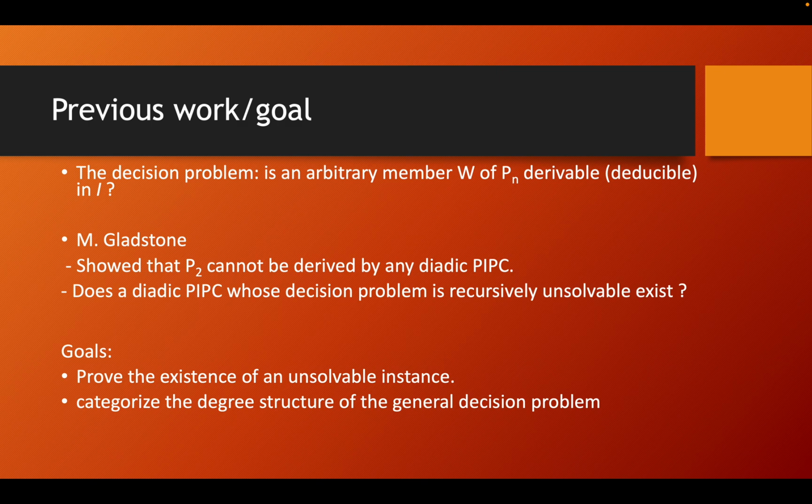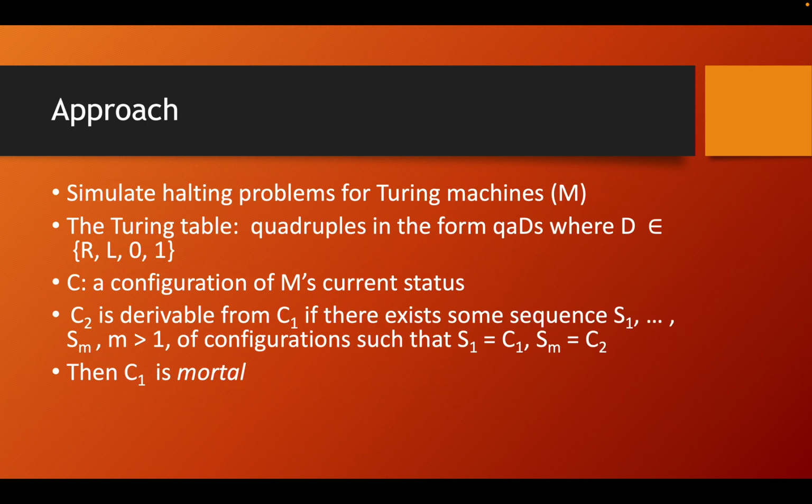So this paper has two main goals. The first one is to prove the existence of it, and the second one is to categorize the degree structure of the general decision problem. That was the inspiration for the paper. In the original paper, Dr. Hughes actually proved that before this paper, but this paper was the first time he incorporated the Turing machine